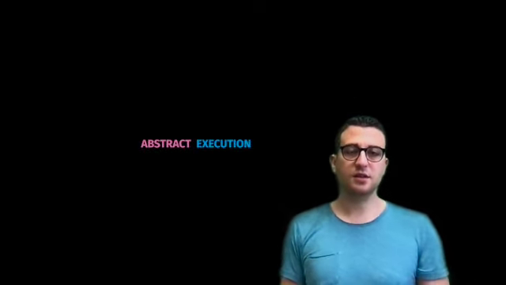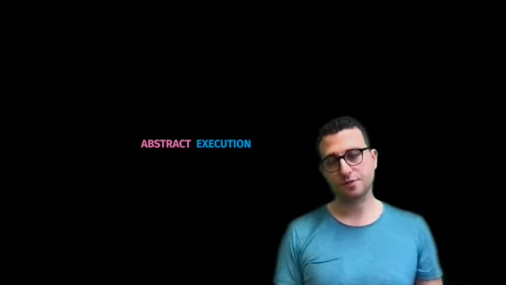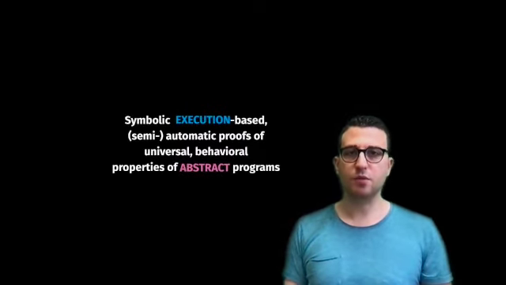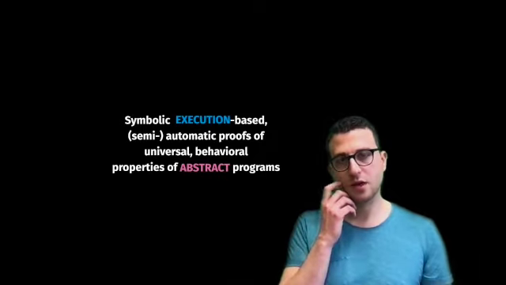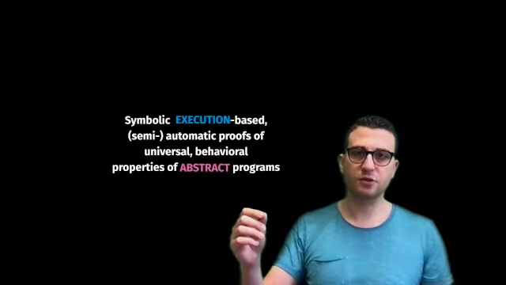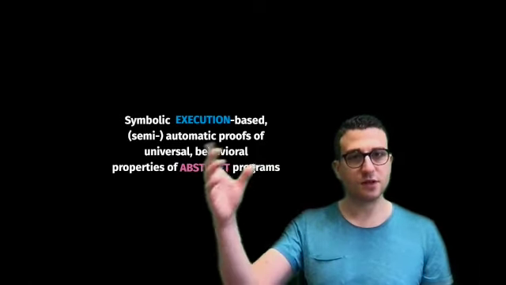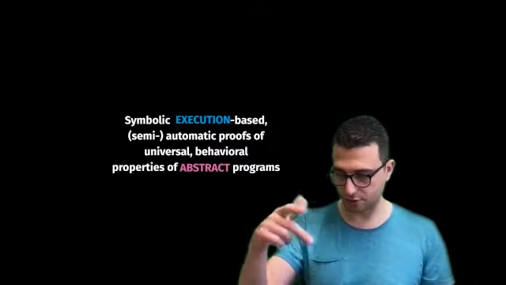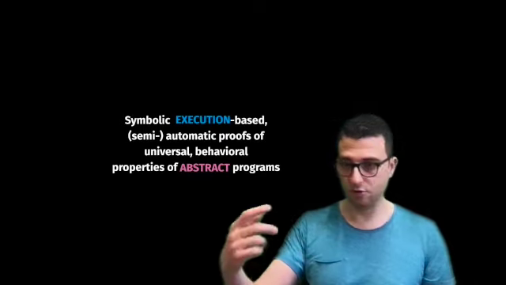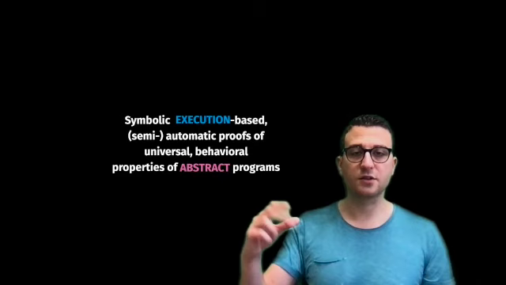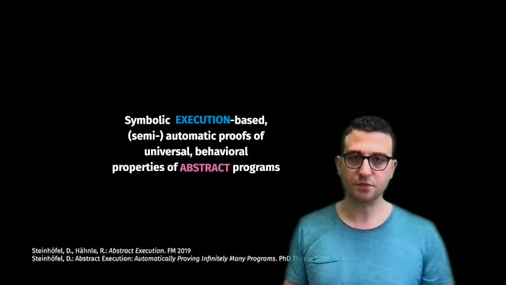All right, the technique that I came up with in my PhD thesis is called Abstract Execution, which is the symbolic execution of abstract programs. So an abstract program is just like a program with some placeholders, right? An abstract execution reasons about all instantiations of these placeholders, not taking into account whether these placeholders are instantiated with an if statement or a loop or whatever, but only talking about the behavior of these things, like their big step semantics.